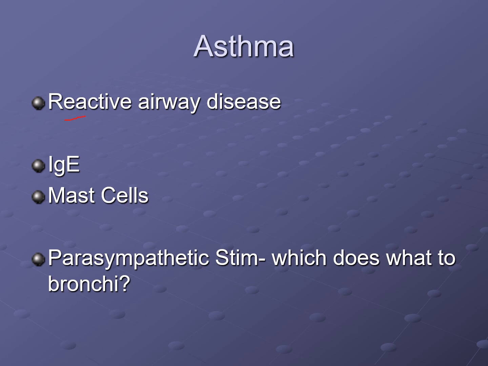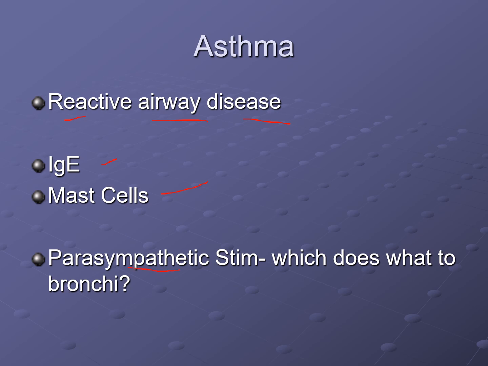She has some reactive airway disease. And so what do you do for that? There's IgE inhibitors. They're complicated ones or monoclonal antibodies, but we can actually get a little bit of inhibition using steroids. Mast cells, same thing. There's monoclonal antibodies that specifically block that, but mostly we use steroids.